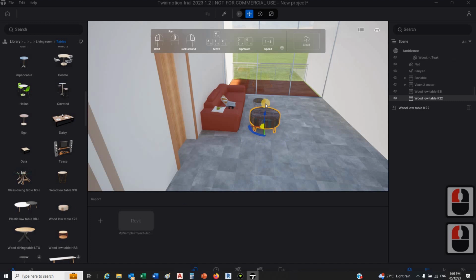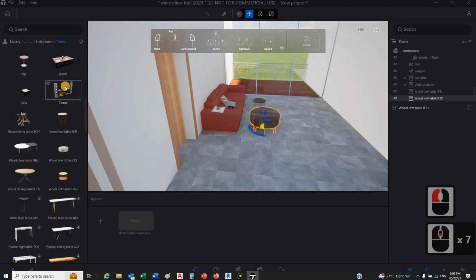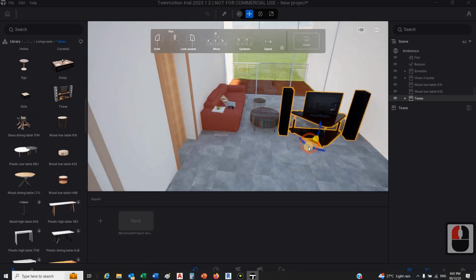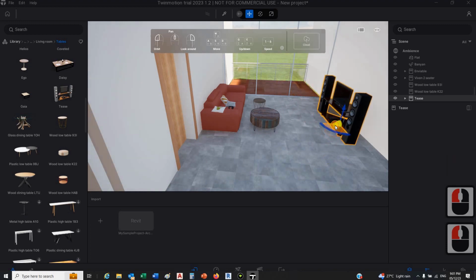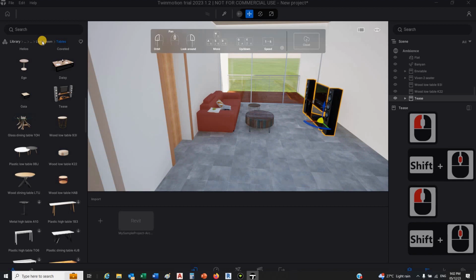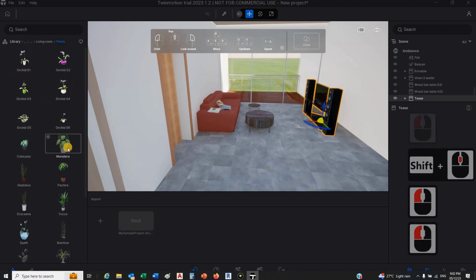This. Okay, then maybe your TV cabinet. Let's say I'm going to use this one. TV cabinet. Okay, butt it to the wall like this. Okay, something like this. So next thing is if maybe you want some plants here, you can place some plant beside